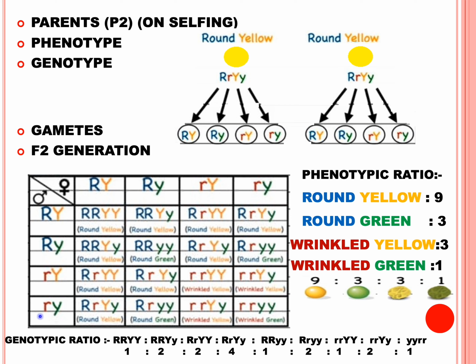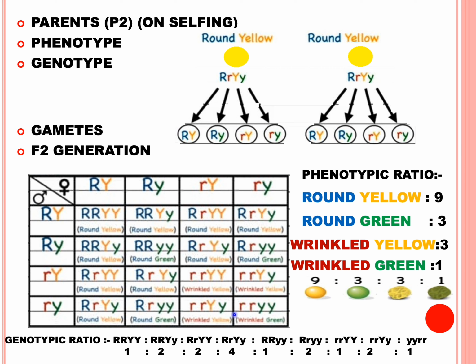Then if the small r, small y male gamete fuses with small r, capital Y female gamete, then the genotype of the plant would be small r, capital Y, small y, but the phenotype would be wrinkled and